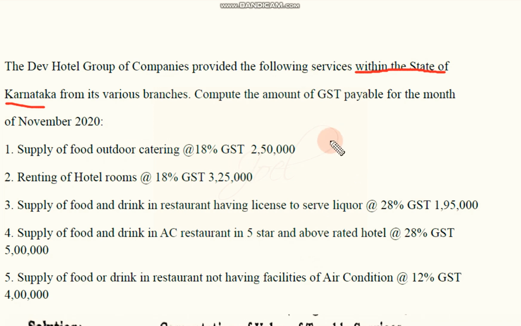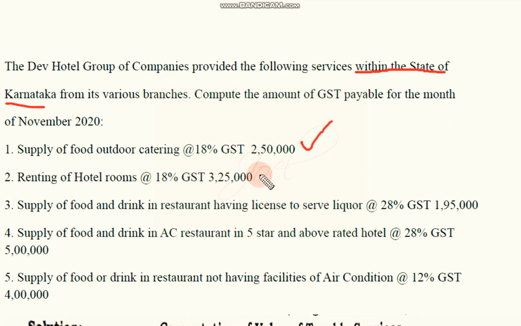So these things are very important. Now we'll see one by one. Here almost all items are taxable, I guess. Yes, we'll see. Supply of food for outdoor catering, 100% taxable, 2,50,000 into 18%. You will get one amount that you have to divide it equally into two parts. So it will come up to some 43,000. You will divide it into two parts, or else what you can do is 2,50,000 into 9%, direct answer you will get. You will write it in first two columns.